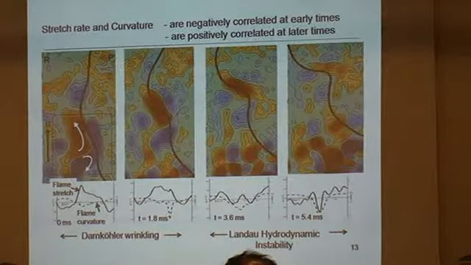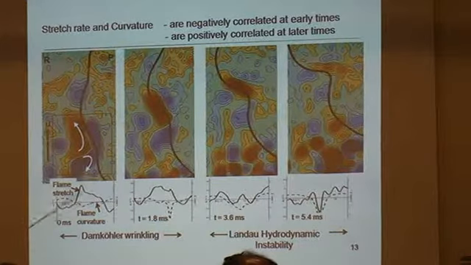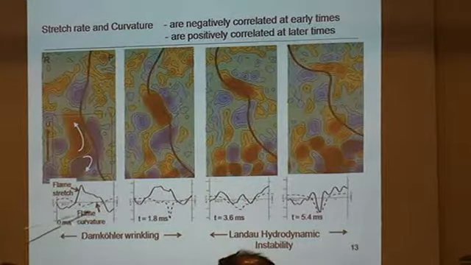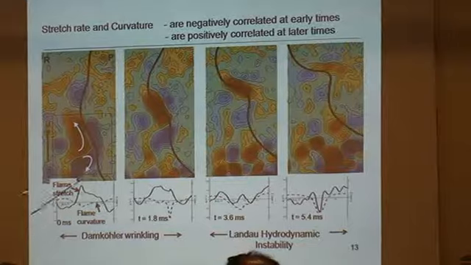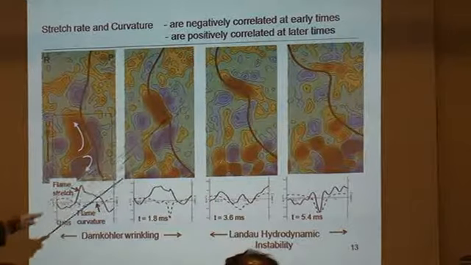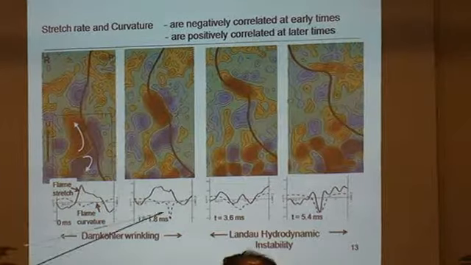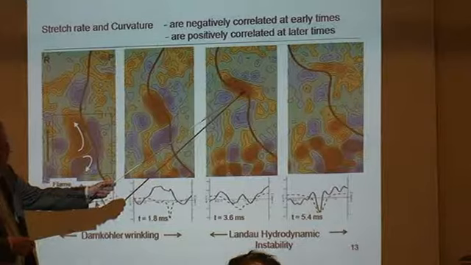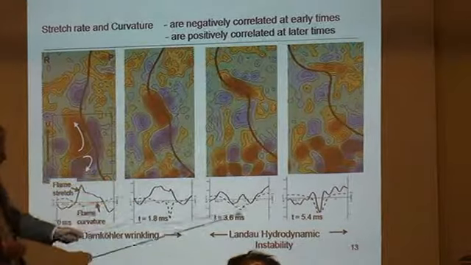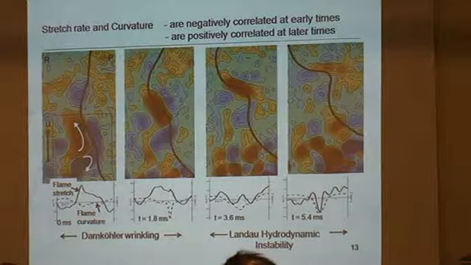And so in the Poinsot-Mantel concept of a vortex pair, or if we call it Damköhler wrinkling, the curvature and the stretch should be negatively correlated, and that's what we see. We see the vortex like this, stretching the flame and forming a wrinkle like this. Okay. Now, later on, though, this vortex becomes weak, and these two quantities look like they're positively correlated,